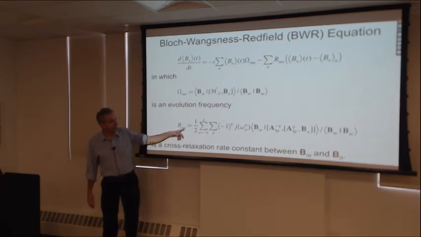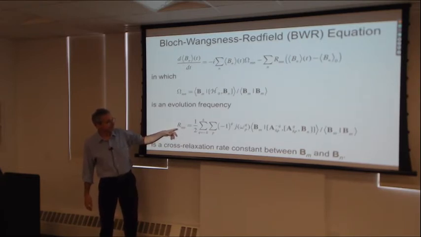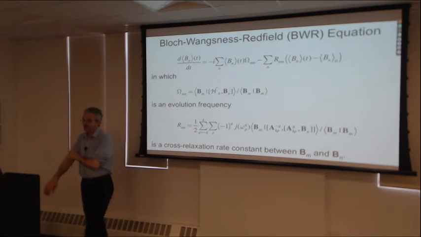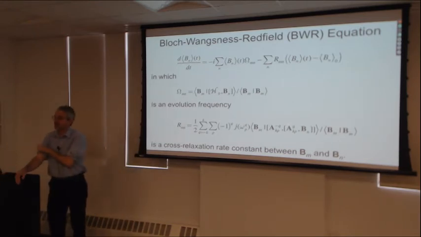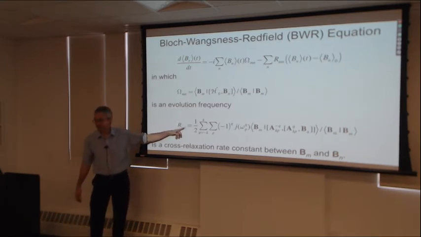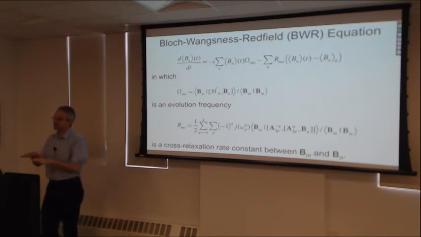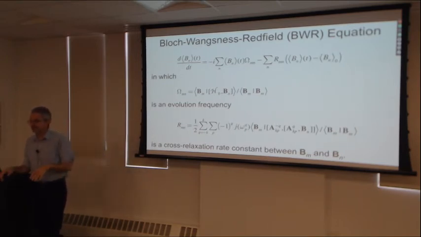Here for relaxation rate constants, if M and N are the same, those are just auto-relaxation rate constants, things like R1 and R2. And if M and N are different, these are cross-relaxation rate constants, reflecting exchange between different sets of basis operators